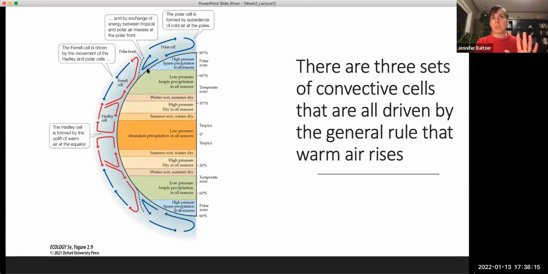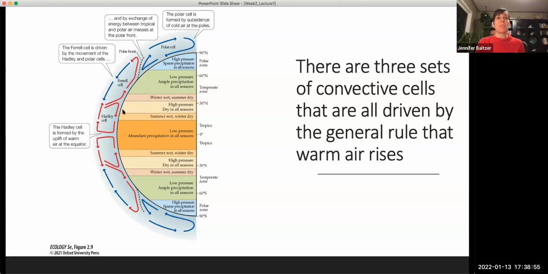And then if we just sort of speed through this, the same thing happens at the poles. So you've got this polar cell that's formed because you have warm air here rising up, cold air dropping down at the poles, coming back across the landscape, and it warms up and rises up. Okay, and then that Ferrel cell is kind of forced into being with this warm air rising at around 60 degrees north, and this dry air coming down around 30 degrees north latitude. And so you have this Ferrel cell set up.